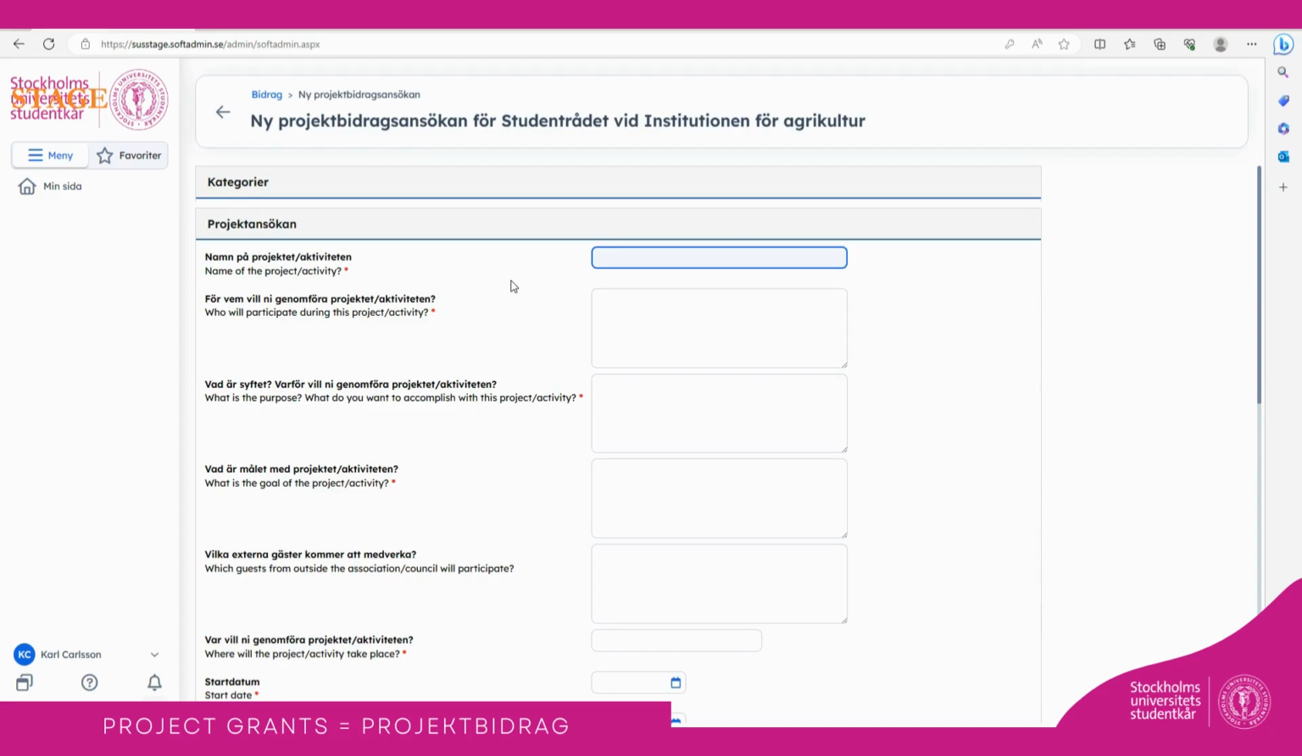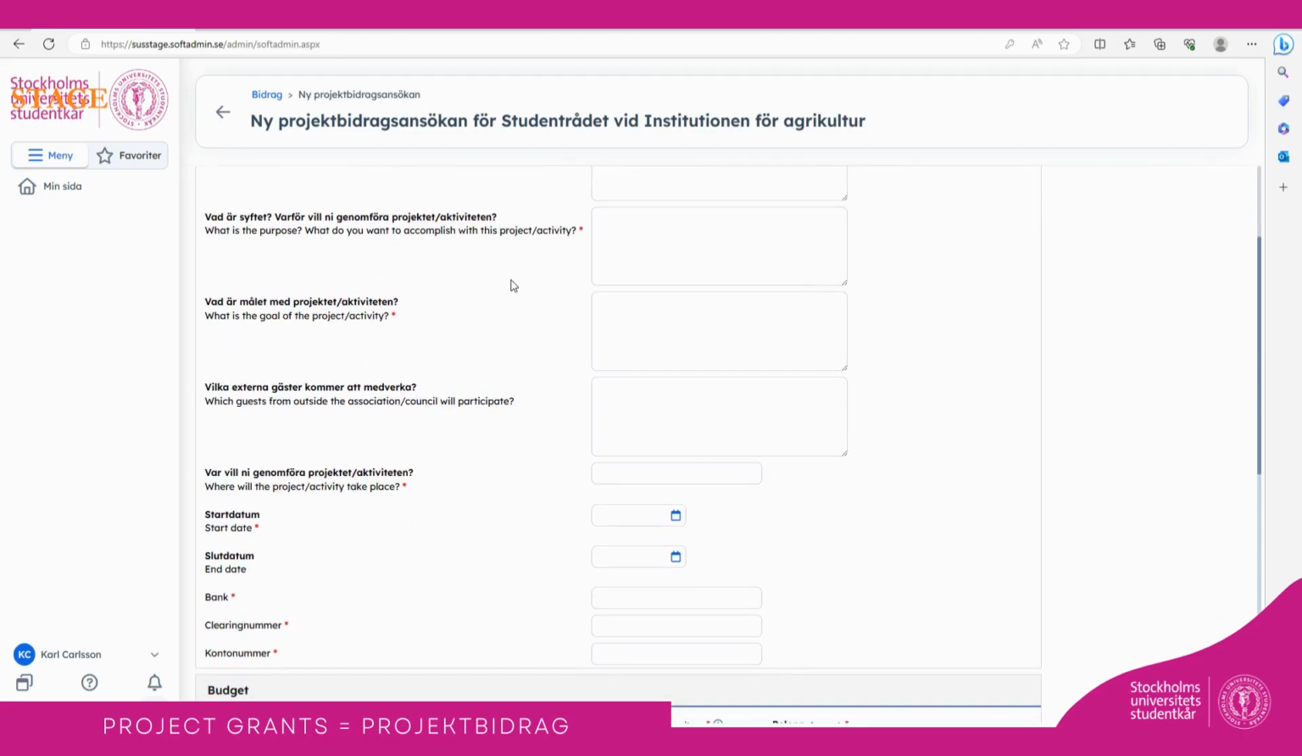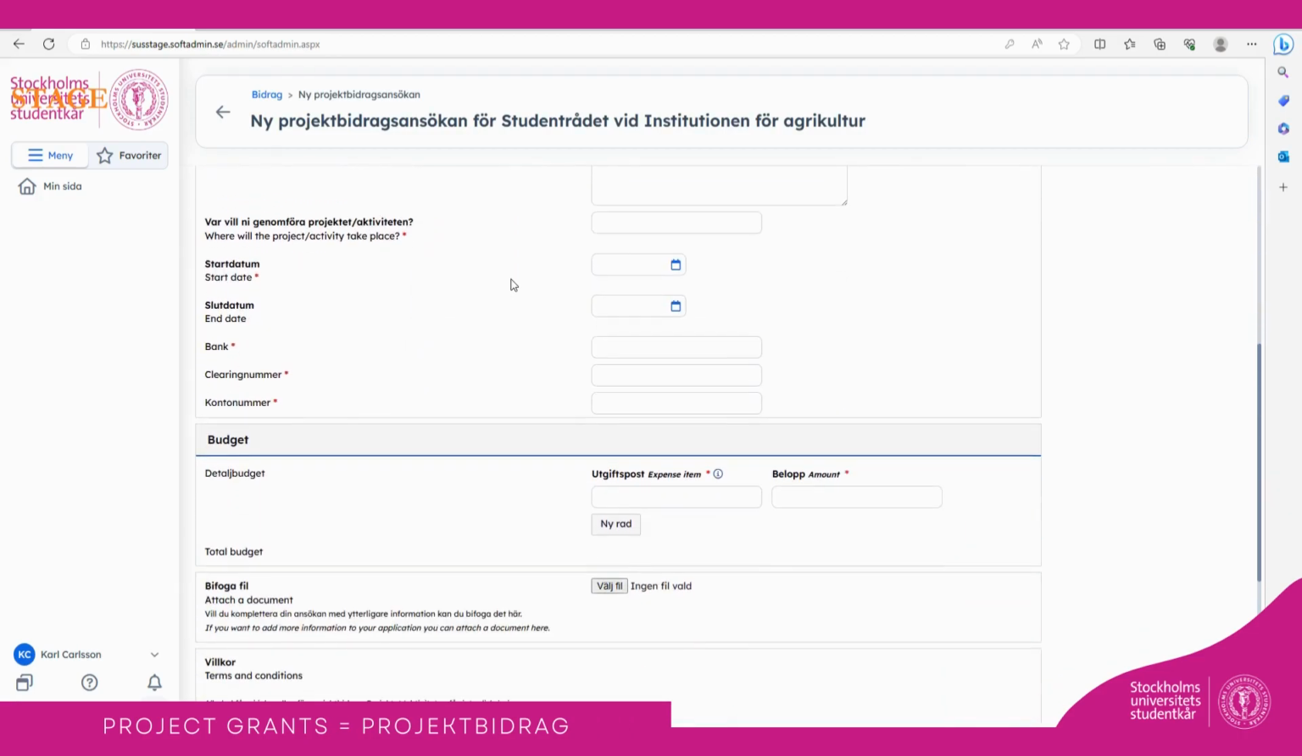Remember to fill in this as thoroughly as possible, because that will increase the chances of your application getting approved. You also need to submit a budget, and for that you can use our budget tool if you want. Here you can write down your different expenses, let's say for example fika, and then also write in the amount